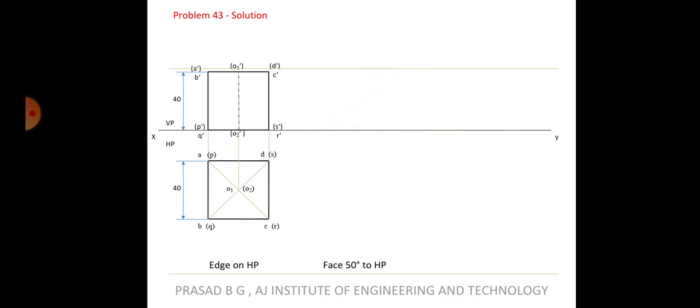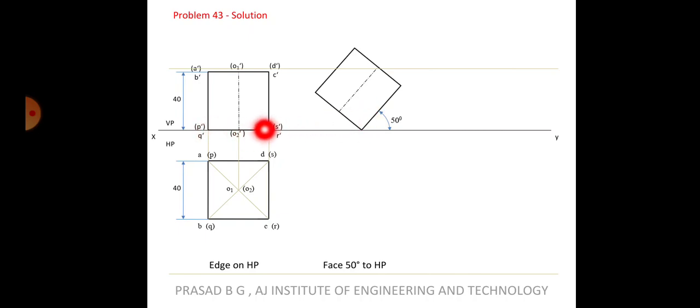Okay. So we'll go to the next line. Face is inclined to 50 degrees to HP. Okay. So as I mentioned here, this face, I hope you all can see this, right? This face, this is inclined at 50 degrees. So this height is 40, we know that. So we will keep R dash bracket S dash in the XY line. From there, we will take 40 mm length at an angle of 50. Alright. Then we will draw the 90 degree line here, and then we will join this.